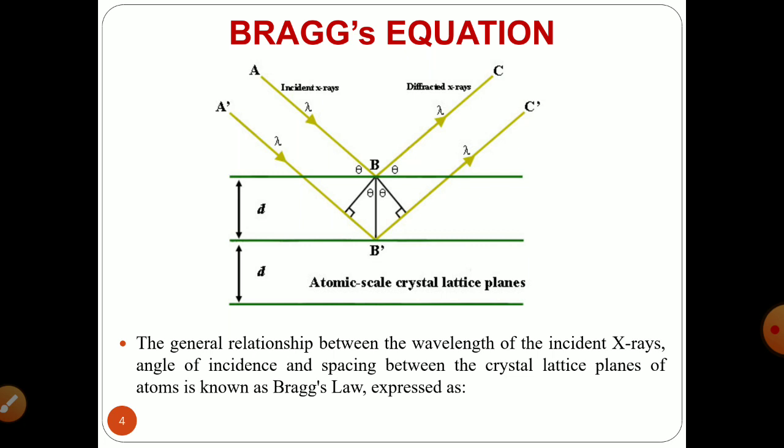In the same way, when the X-ray travels to the second layer, we consider it as A dash, B dash. So A dash B dash will be your incident ray, whereas B dash C dash will be your diffracted ray. Both the incident rays and diffracted rays have some wavelength. The difference between the paths A, B, C and A dash, B dash, C dash is an integral multiple of the wavelength. So when each incident ray strikes the first layer, second layer or third layer, constructive interference will occur for a combination of specific wavelength.